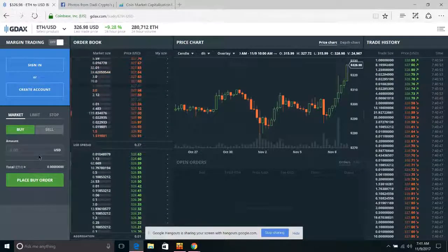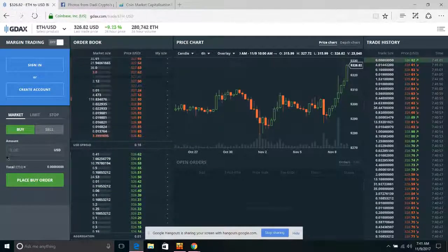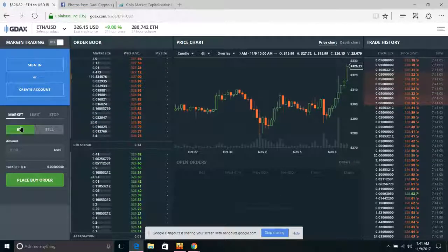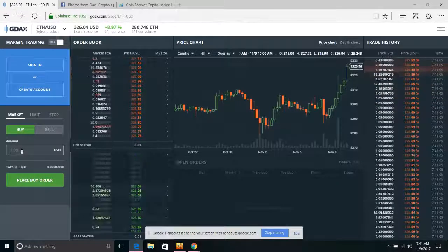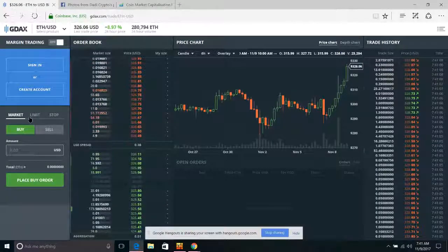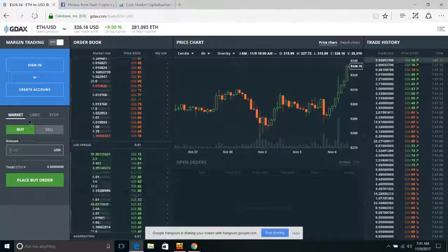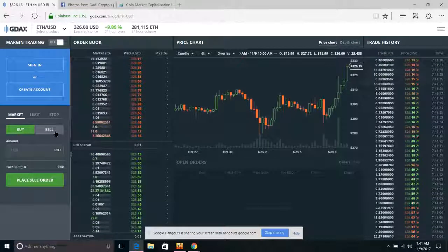Real quick, I have another thing, I should get going. I'll do a more detailed one on this, but let me show you. If you're in GDAX, if you're trading in Coinbase and you want to trade, then from Coinbase come to GDAX. When you do buy, it's the same user ID and password. I'll do a more detailed one when I find more time, but let me quickly explain. Let me assume you already have an account in GDAX and you already have some coins here. So if you want to sell your Bitcoin or whatever,